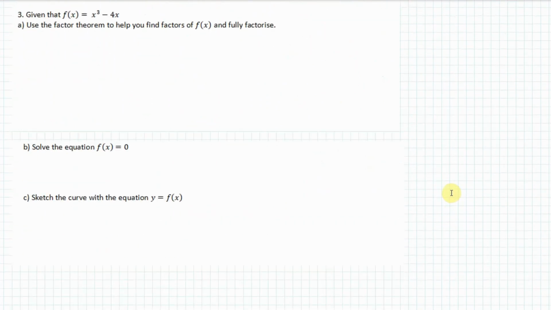Okie dokie. So given the fact that f(x) is equal to x cubed minus 4x, use the factor theorem to find the factors and fully factorize. You can actually just do this in your head, but what we'll get used to doing is using the mode setting on our calculator. We can use the table mode. We can stick in the function, which is x cubed minus 4x,